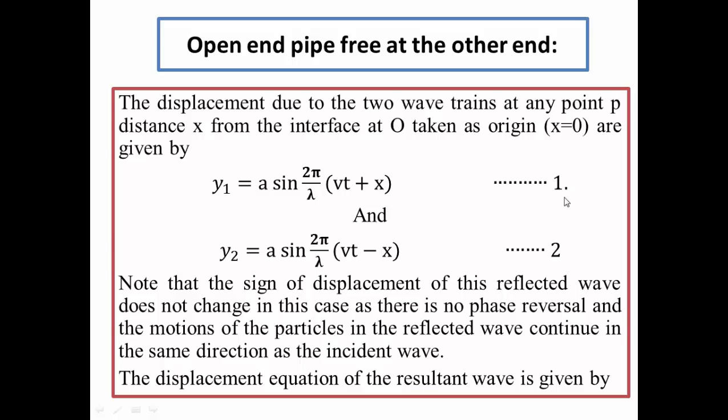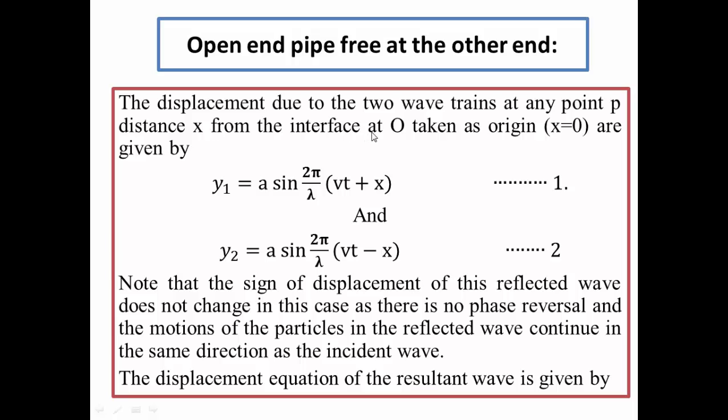Dear friends, in the last lecture we have seen the pipe closed at one end. Now today we see the pipe open at one end, or string free at the other end. In this case, the displacement due to two wave trains at any point P at a distance x from the